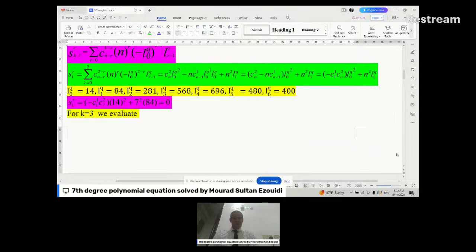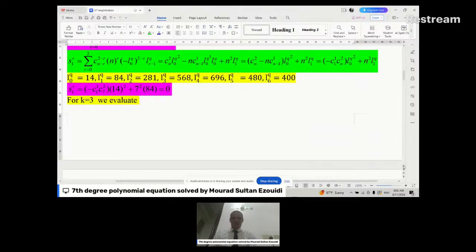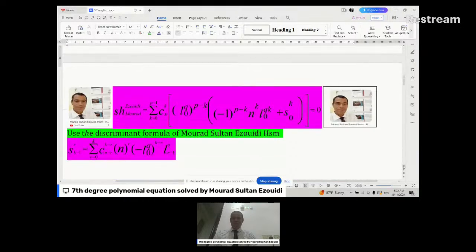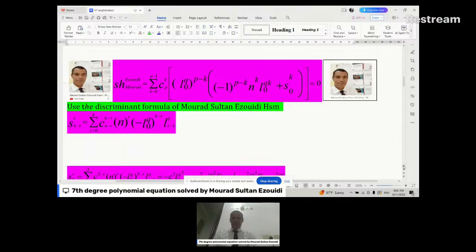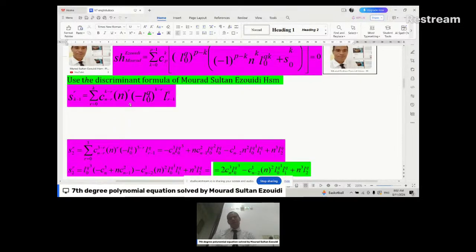We are now looking for finding S2. Here, I'm going to do the same. I'm going to use my discriminant formula, and in this discriminant formula I'm going to set k equal to 3. When setting k equal to 3, this discriminant formula gives you S3 minus 1 will give you